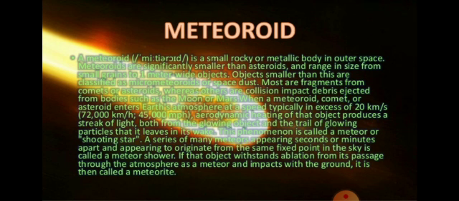Due to some reason, a meteoroid breaks away from its orbit around the sun and falls towards the earth, and it becomes a meteor. So when it falls towards the earth, then it is known as a meteor. A meteoroid is a small body in the solar system that would become a meteor if it enters the Earth's atmosphere. The visible path of a burning meteoroid that enters the Earth's atmosphere is called a meteor. So this is about the meteor that I have told you.